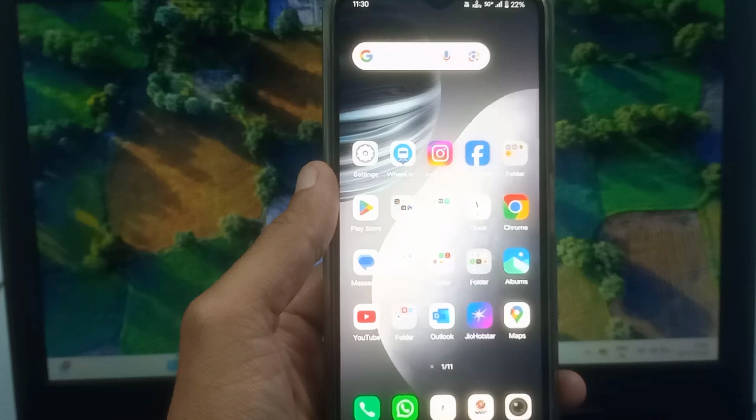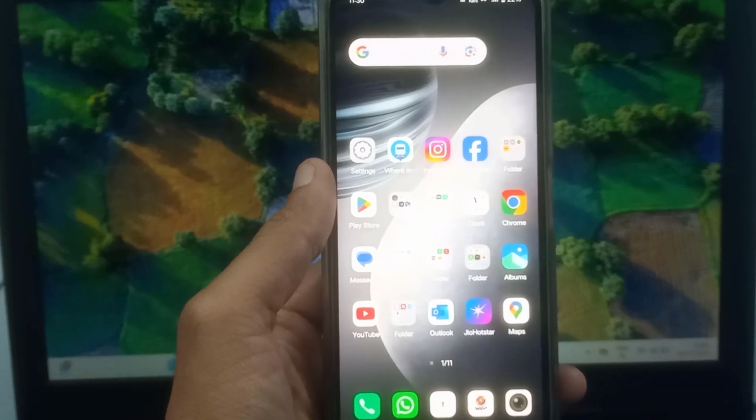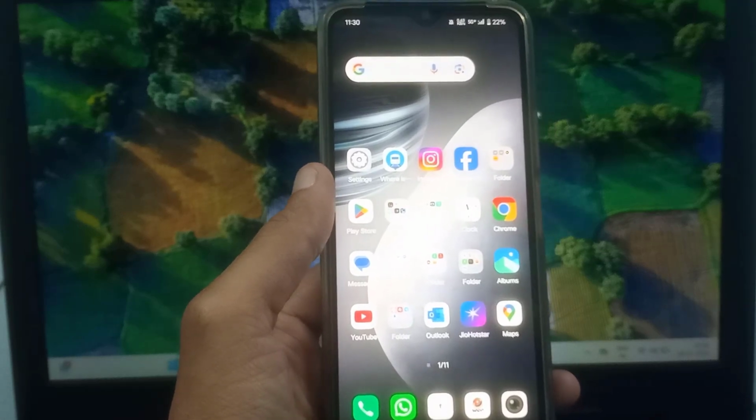Today I'm going to show in this video how to fix Instagram Reels auto scroll option not showing on your